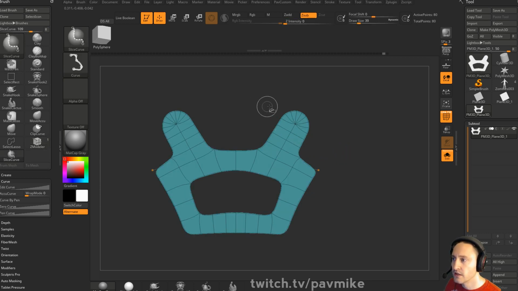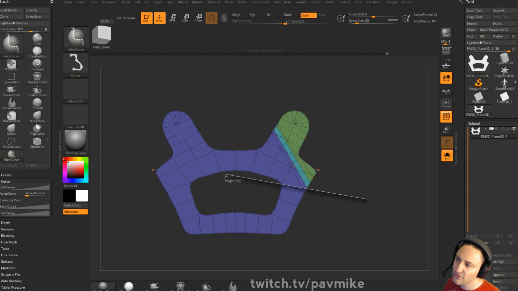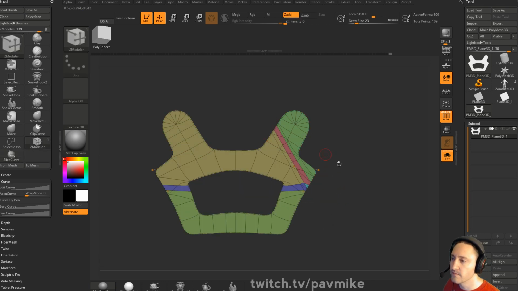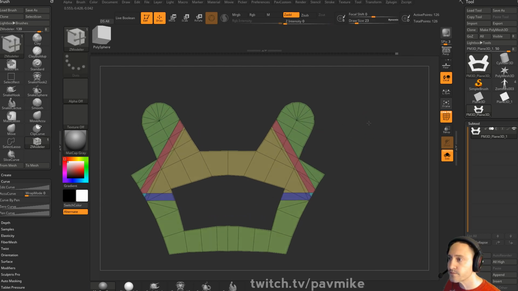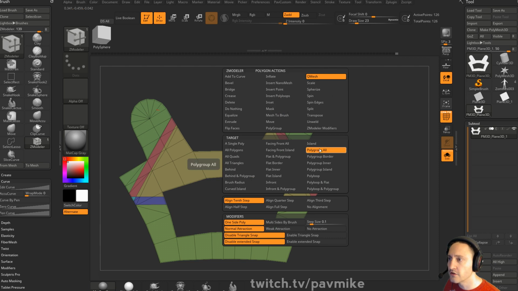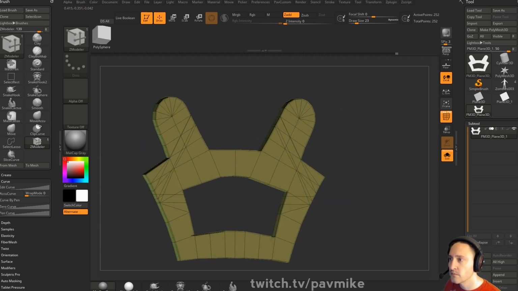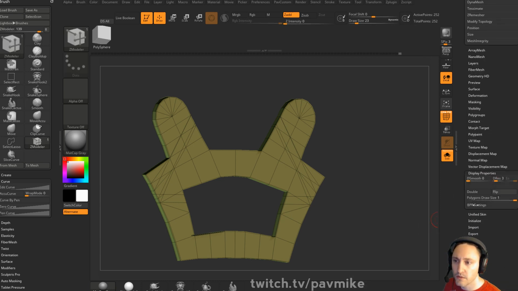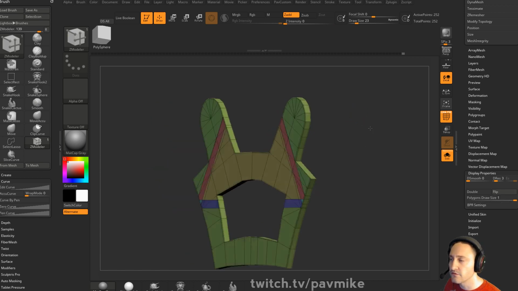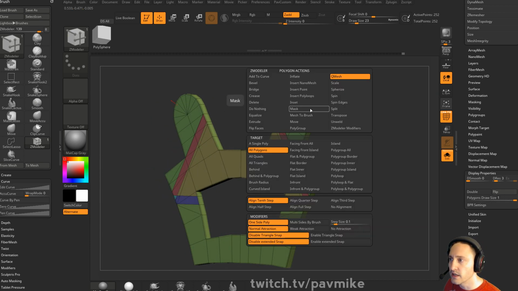So you can put in, for example, little reinforced metal bits here. If you want to put one in, I didn't leave a whole lot of room for it, unfortunately, because I wasn't planning to do this, but just for demonstration purposes real quick, let's go ahead and do a quick mirror and weld. And now we can do a QMesh all polygons, pull this back, go to deformation, can't reach it, display properties, not deformation, display properties flip, and now we can